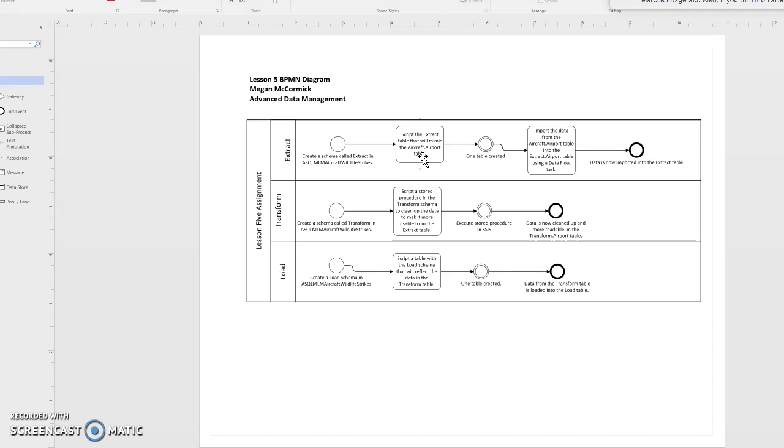I also wanted to find out how many incidents occurred in the state of Wisconsin at what airports. So I used that data. So I scripted a table in the extract schema to mimic the airport table. Once that table was created, I used a data flow task to import the data from the airport table into the extract table. Once that data was imported, I created a stored procedure in the transform schema, and I also